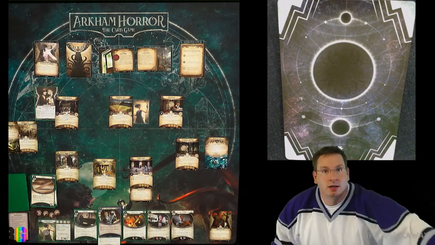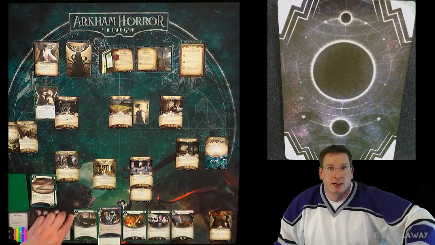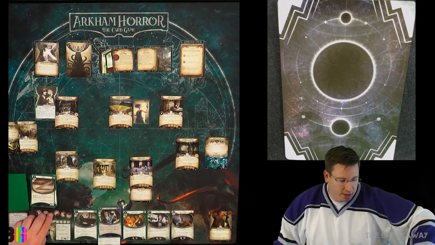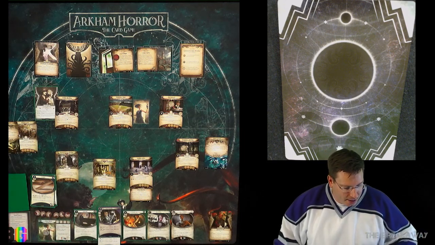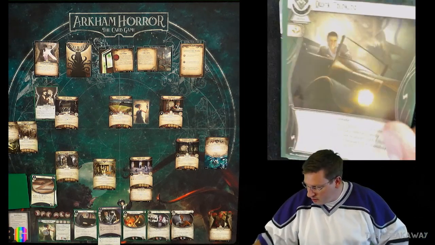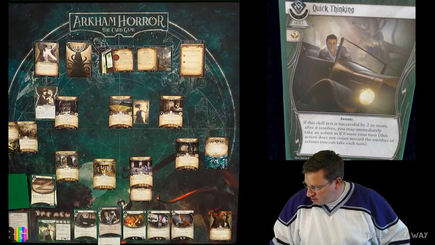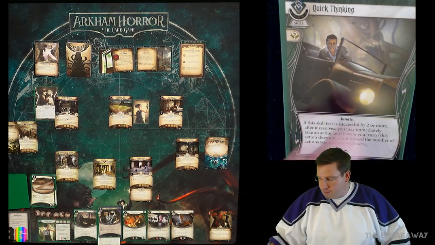All right. 2 resources for Jenny's ability. High-end Decision 101. That sounds like the name of a lot of the decisions that I had to make here. And draw a card, which will be Quick Thinking again. So adding an additional action, that'll push me up to 5. That'd be pretty neat